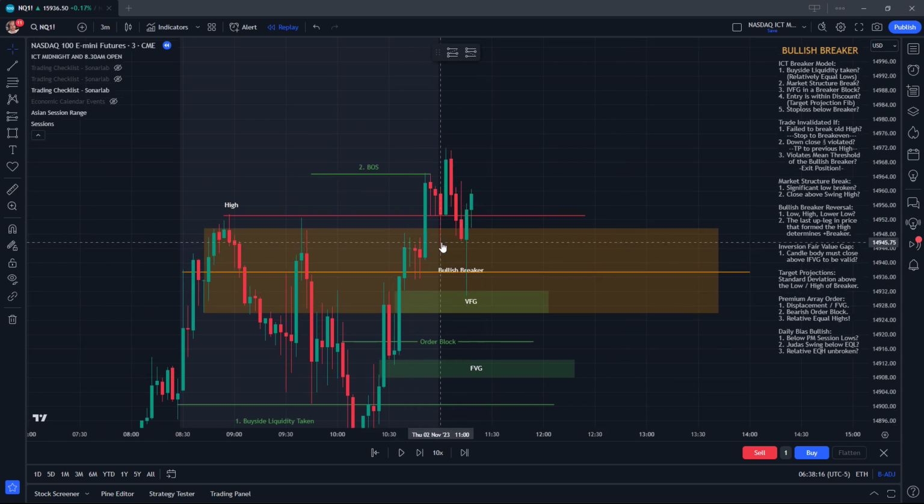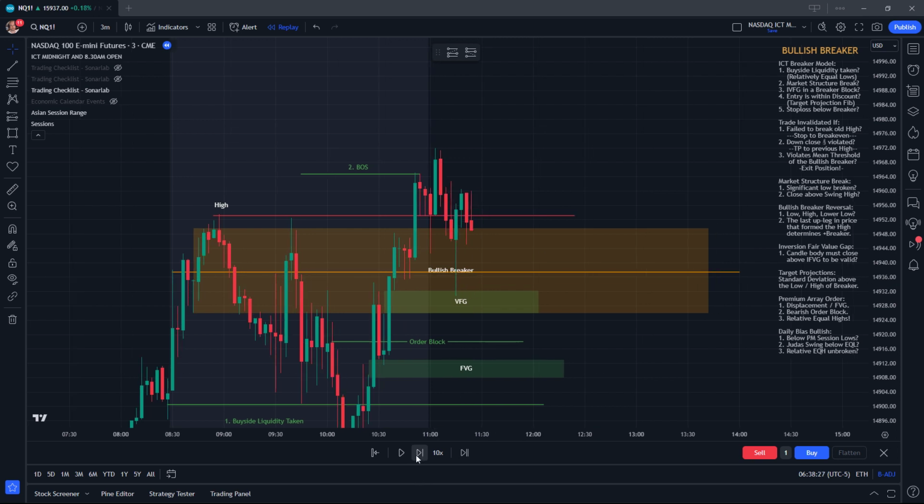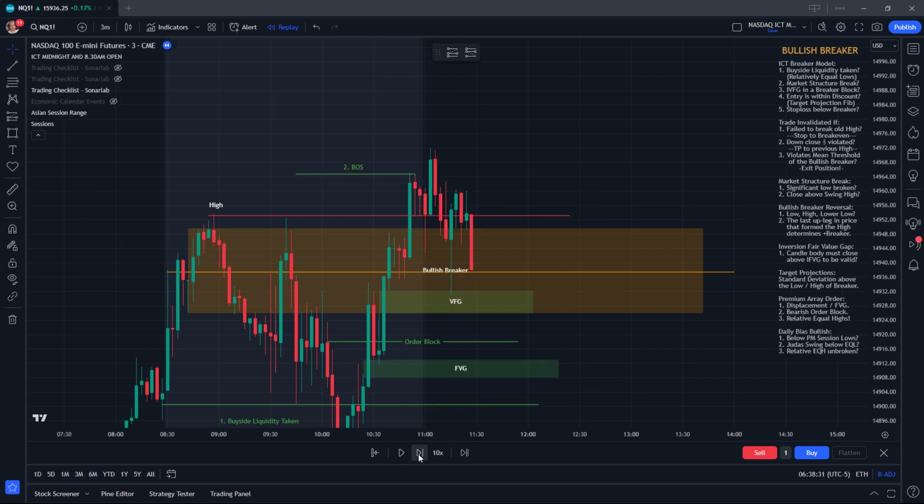If we were just to hide all of the wicks and just look at the bodies of the candles, we can see the bodies aren't closing below the mean threshold. So now that it's coming into this breaker, it's going to have a little bit of a sort of accumulation here before, in theory,